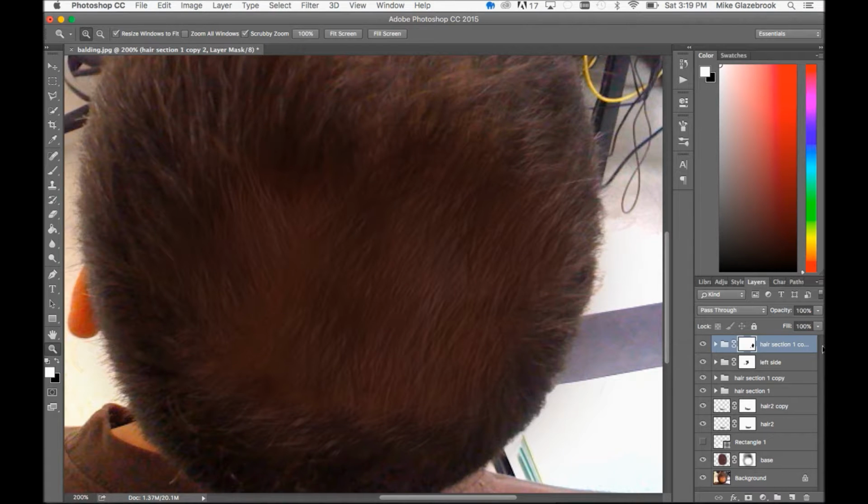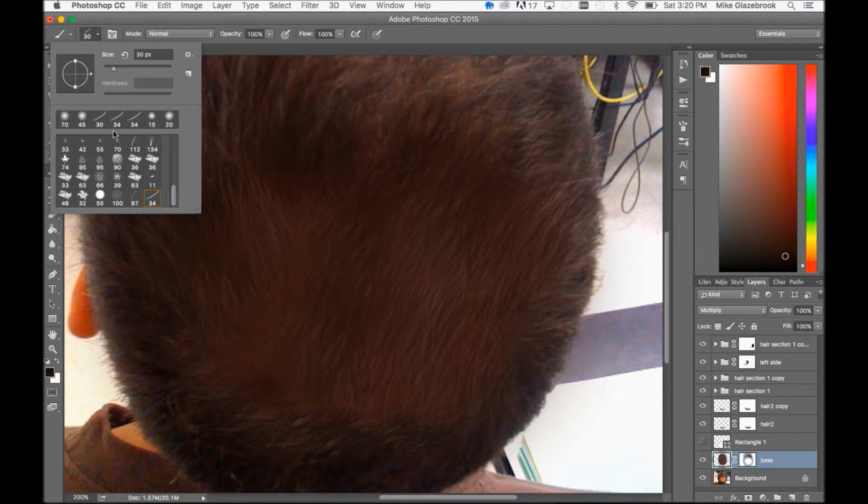And I should actually go back in and make some darker spots too. So I can do that in my base layer, and that's what I'm going to do. So I'll go ahead and just real quick before this video is over, add some darker spots so that it looks like the actual hair. So I'll hit I on the keyboard to grab my eyedropper, hit B to grab my brush, and this time I want a soft brush